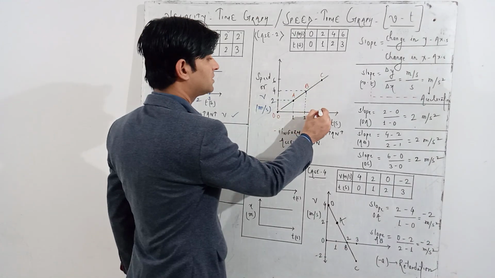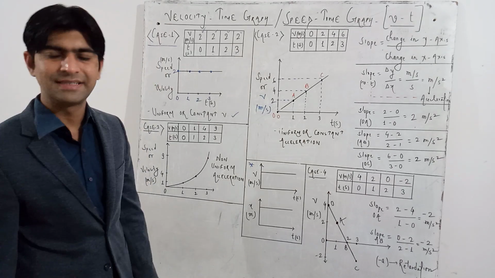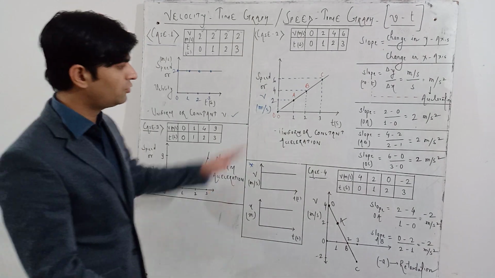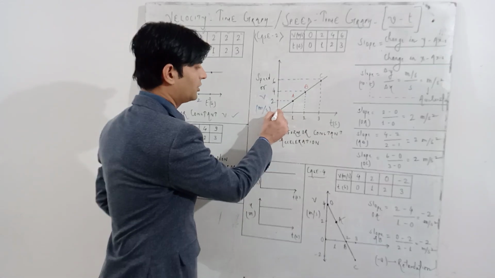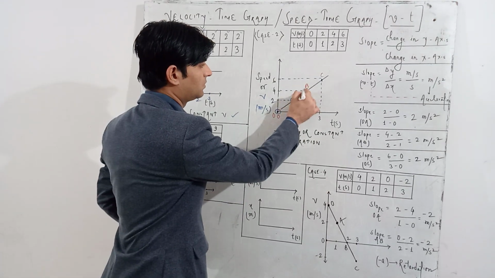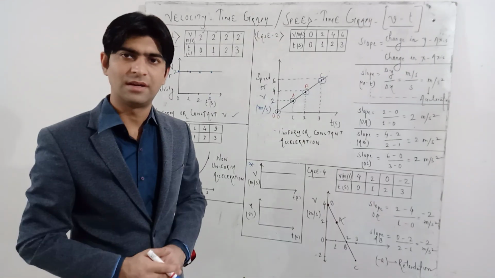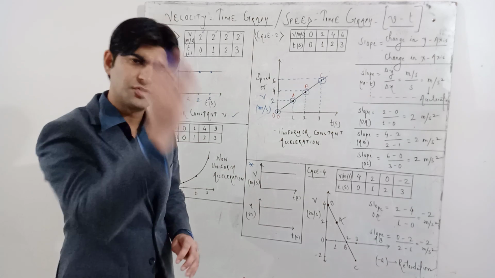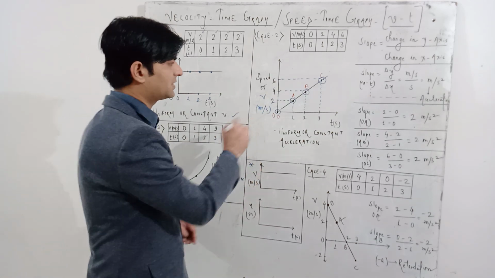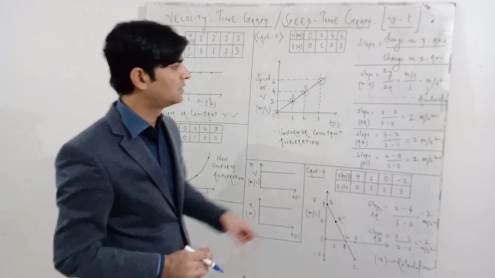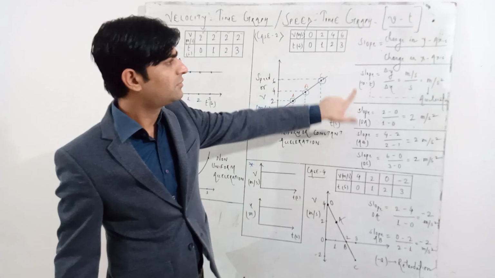At 3 second the velocity is 6. So when you plot these points graphically, you are going to get these points. And you have to then join them with the help of a scale or a ruler, you will get a straight line. Okay, now let us calculate the slope for different sections. I have calculated for a few sections. For example, OA. Now what is the formula for slope?